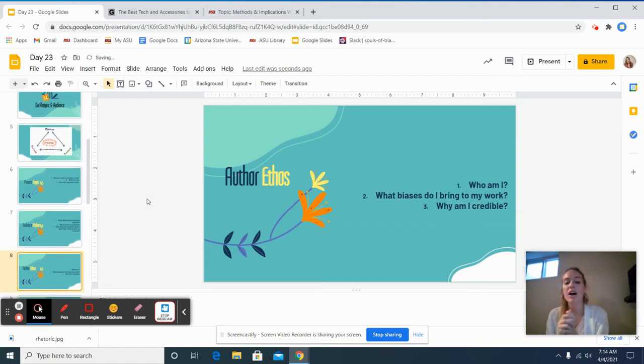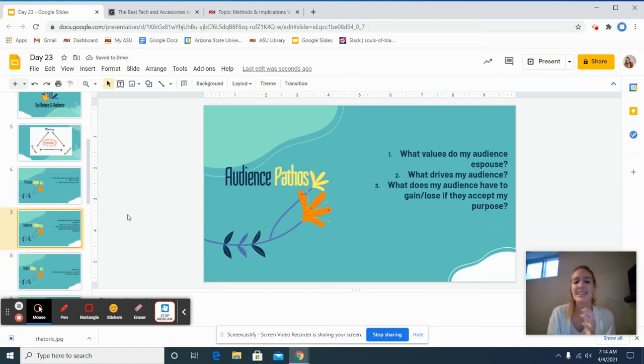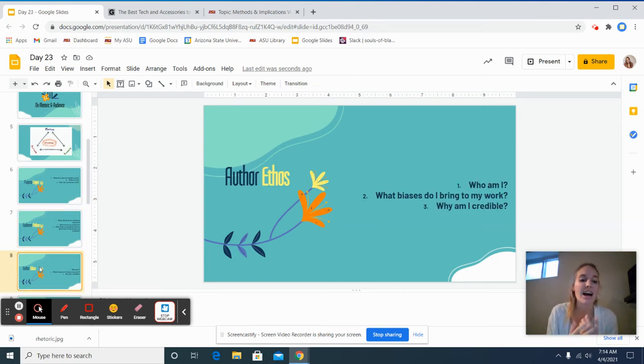So then next, did I say pathos? Yeah, so pathos, you're appealing to their emotional sensibilities. You want them to believe. And then author is connected to ethos, because you want all parts of the triangle to fit together with you, because you are credible. Why are you credible? So who are you? I want you to be in this paper. I don't want you to obviously say, hello, my name is Bob Smith and I am a student. And no, not like that. But you need to have nuanced